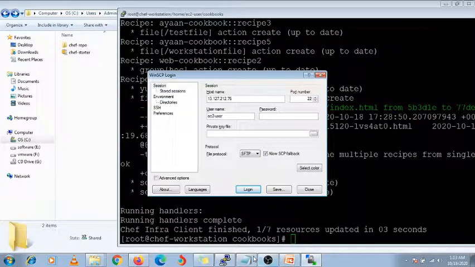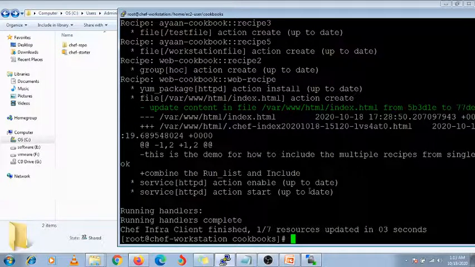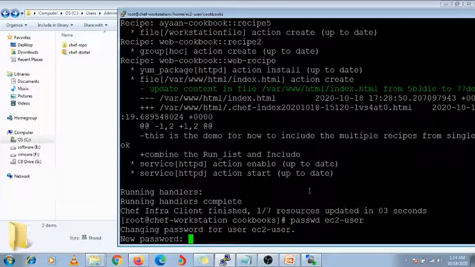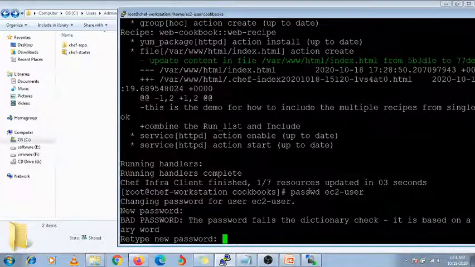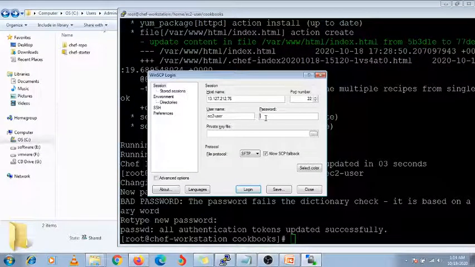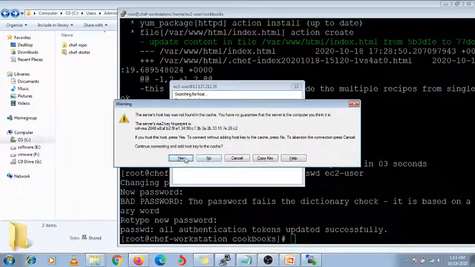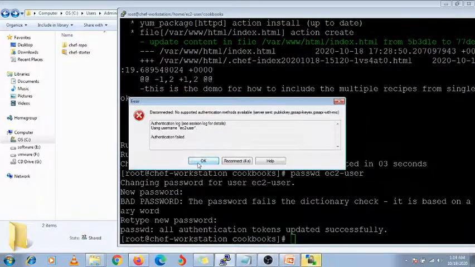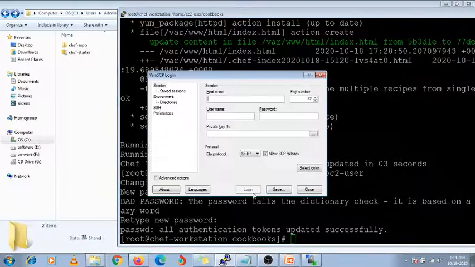Okay, it is asking for a password, so I need to set some password for ec2-user. I'm going to set this password as temporal. Yeah, it is updated successfully. Temporal. Just enter it. It's getting some authentication error.